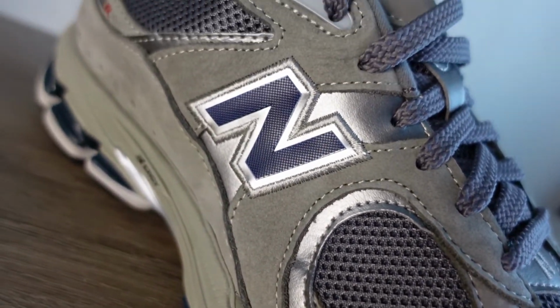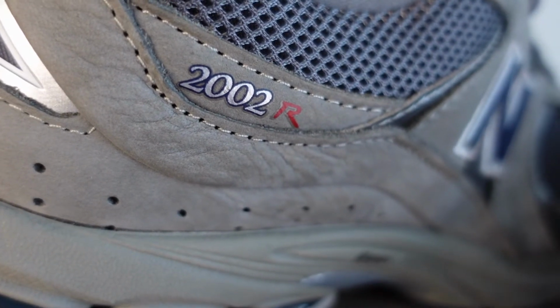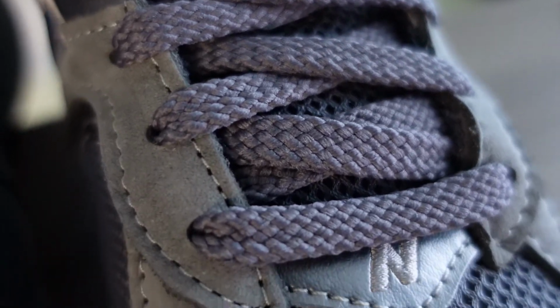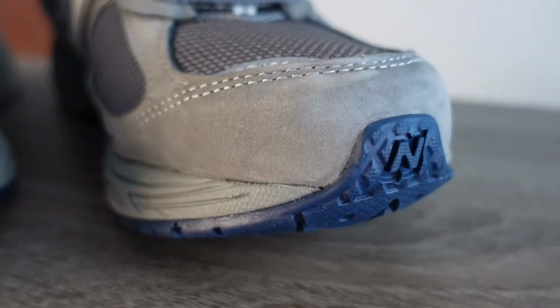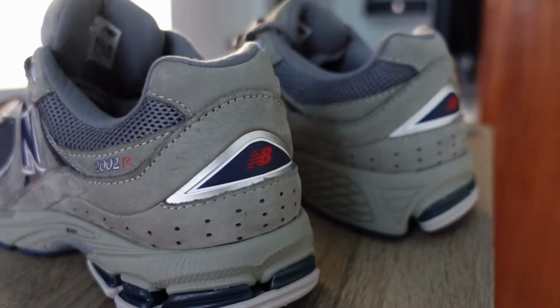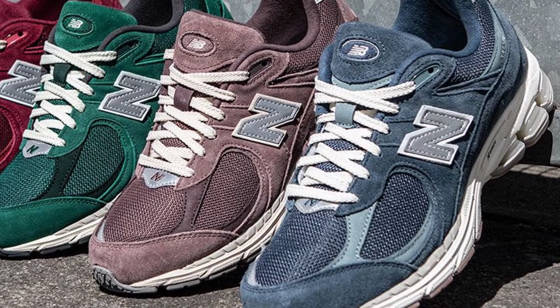It's sort of like a dirty, darker shade with a sort of brownish undertone, which honestly has me thinking it looks a little bit like a rat. The mauve laces don't help either, but hey, the rest of the shoe does have some very dark, somewhat midnight blue hits, along with a few reflective hits as well. Again, this colorway might not be the easiest to style, but the good news is there are plenty of other